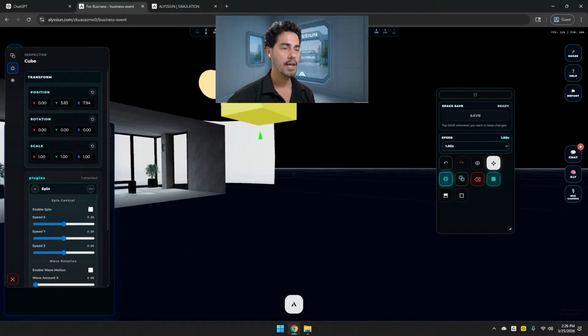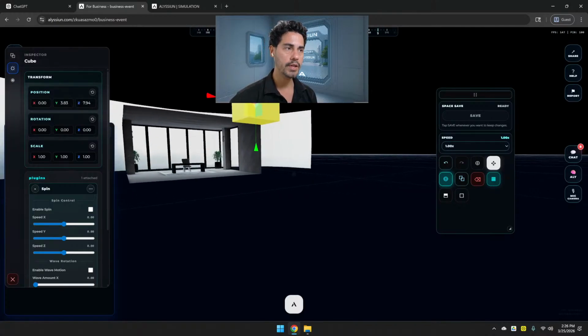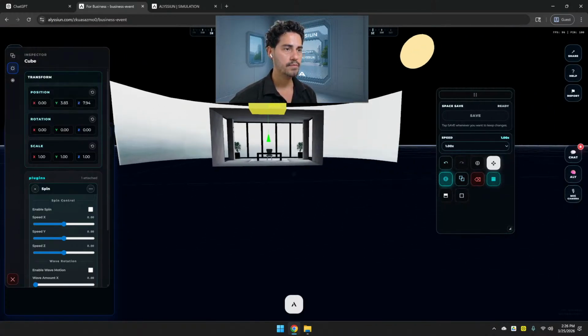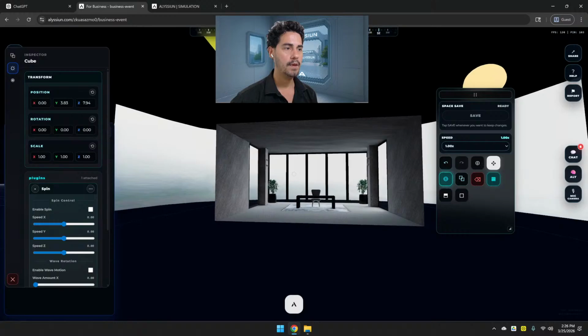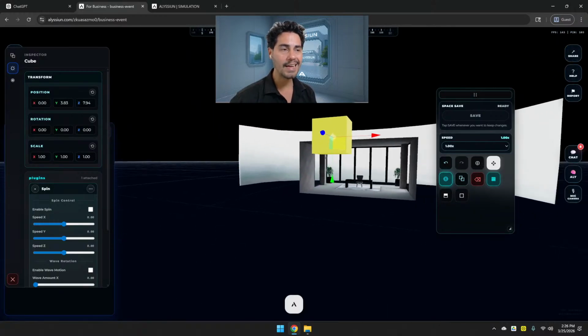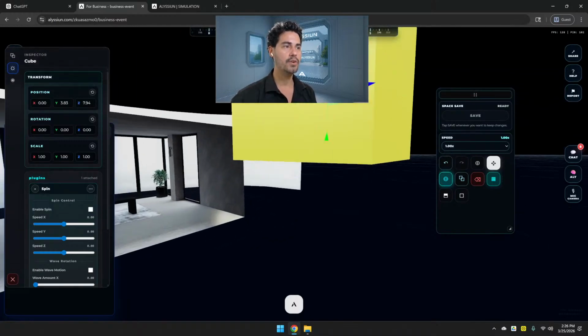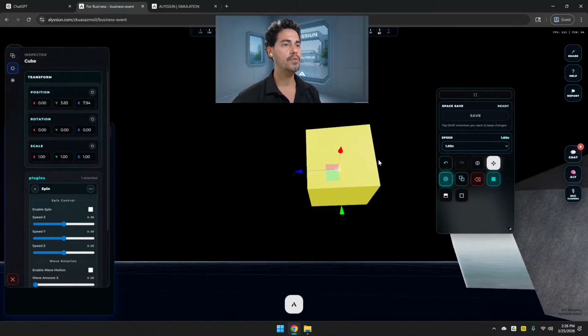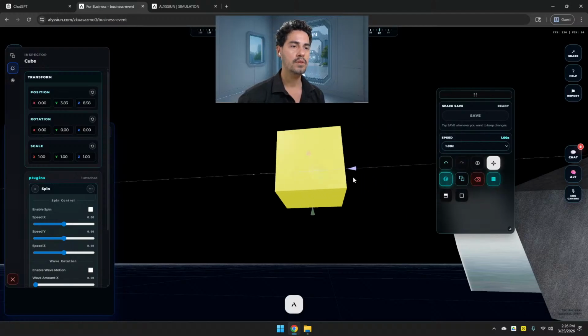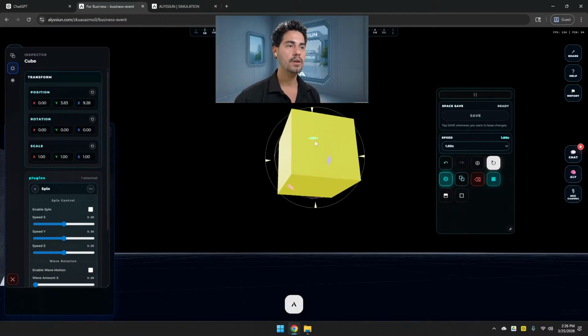You hold it and then you walk, right? That's how you walk. You can jump. It's acting like the avatar in the engine, so you can test it as if you are an avatar. Then you can move here. You see, you can walk, interact, everything inside the engine.